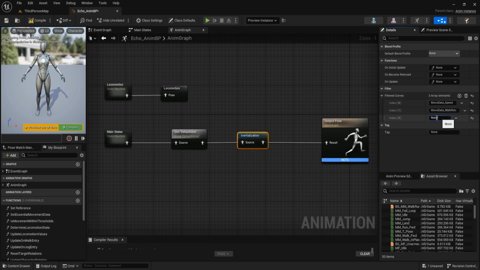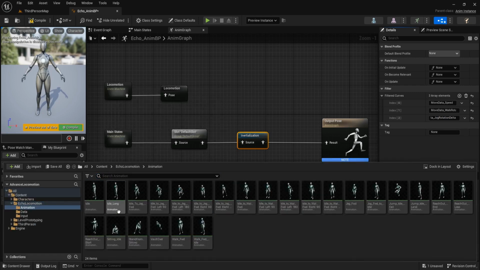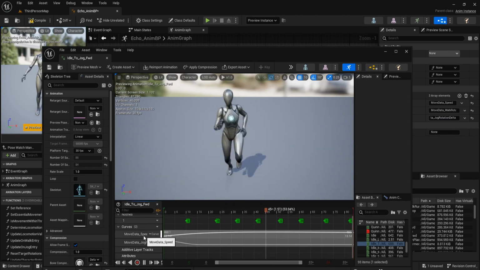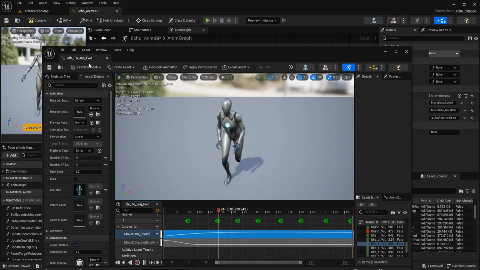Add move data jog rotation delta. And these curves we get from the animation curve that we created from the last tutorial.